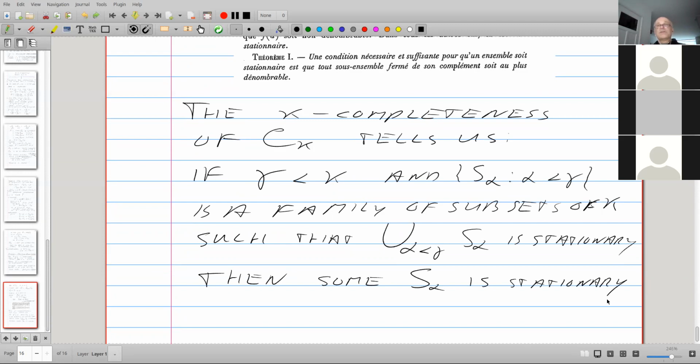Actually, the contrapositive is better. The non-stationary sets form the ideal that is dual to C kappa. And since C kappa is kappa complete, so is the dual ideal. If you take fewer than kappa many non-stationary sets, then the union is still non-stationary.